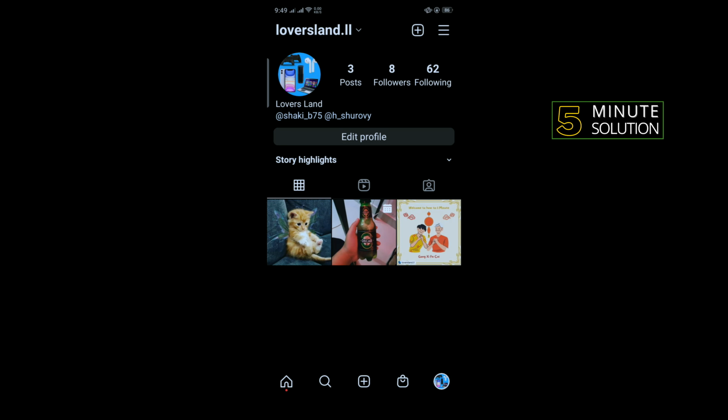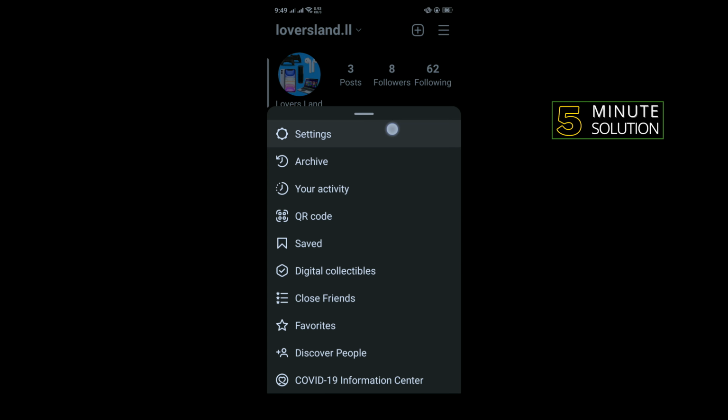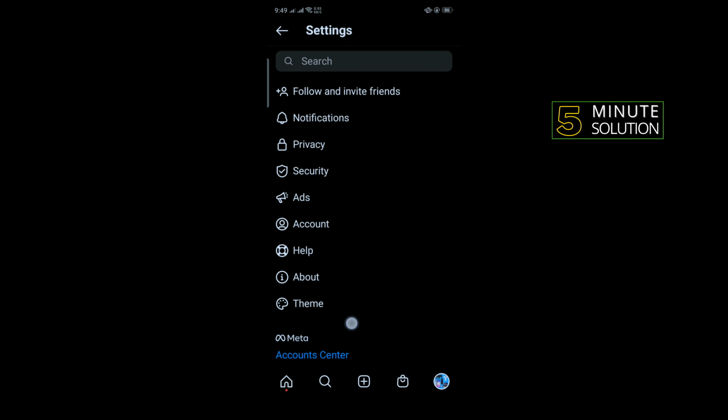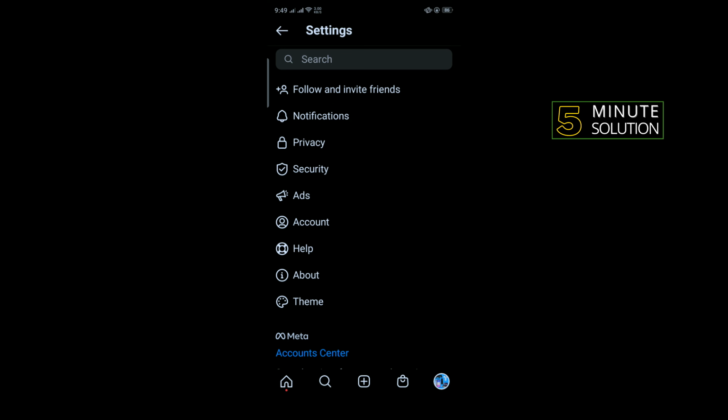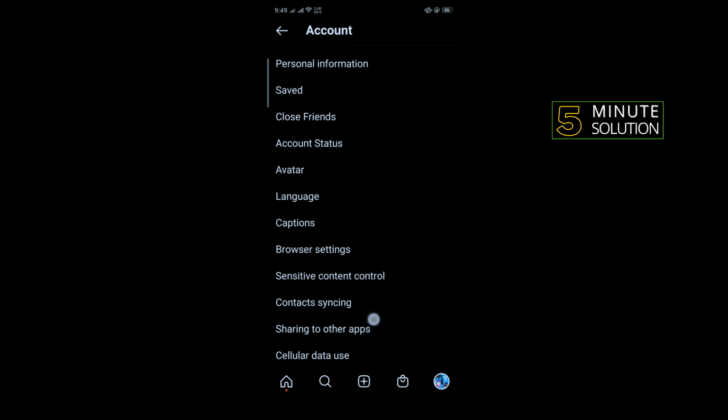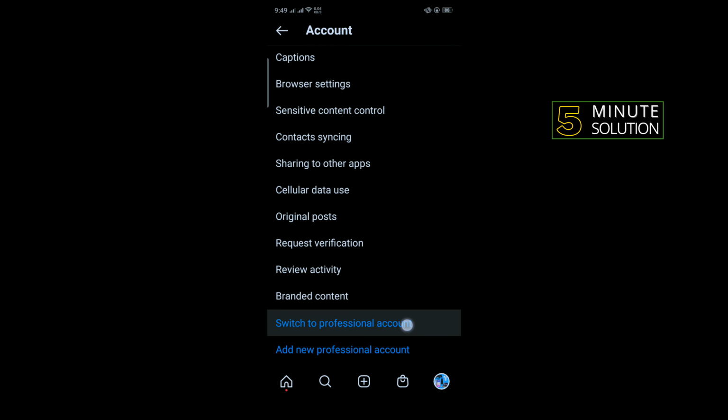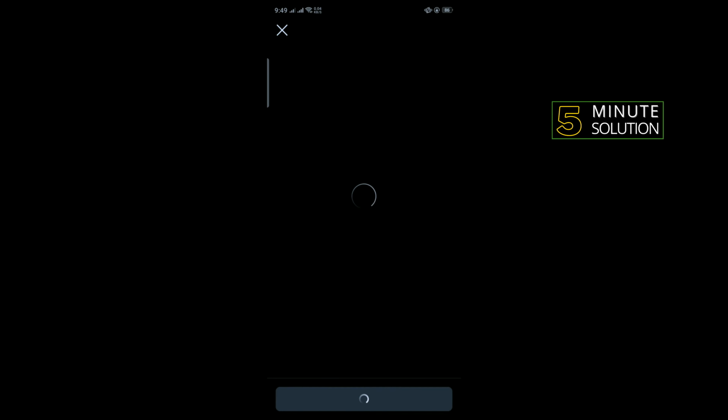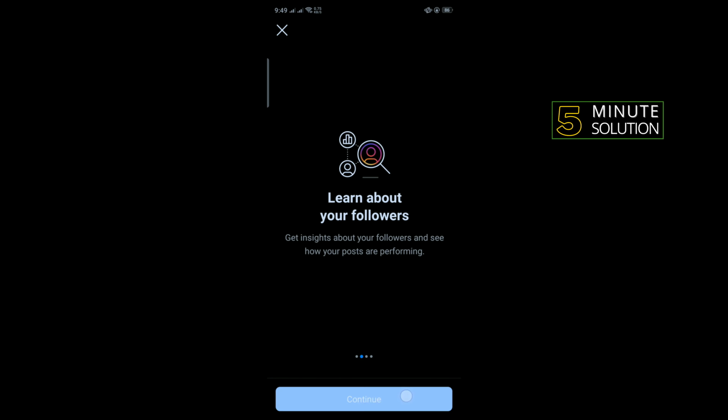So first of all, create an Instagram account and open your Instagram profile, and tap on this three-line icon in the upper right hand corner. Tap on settings and tap on account. Scroll down and tap on switch to professional account. Tap on continue,